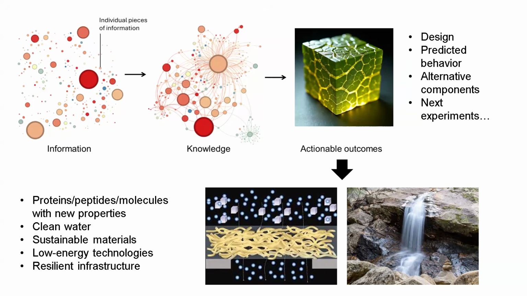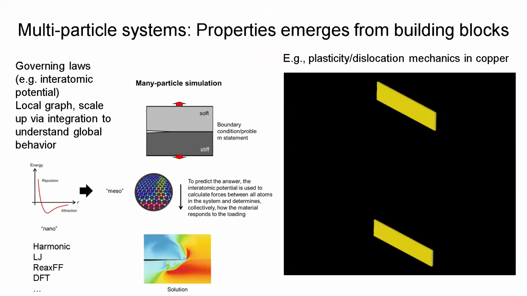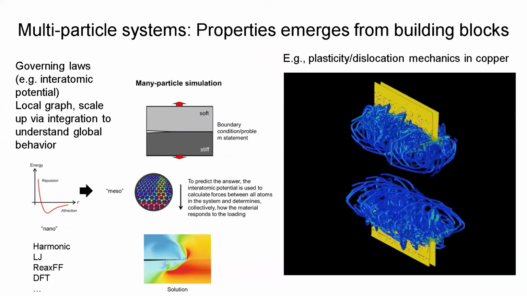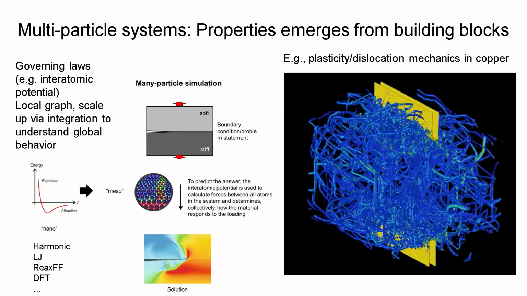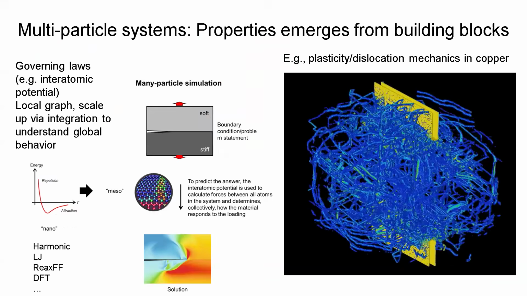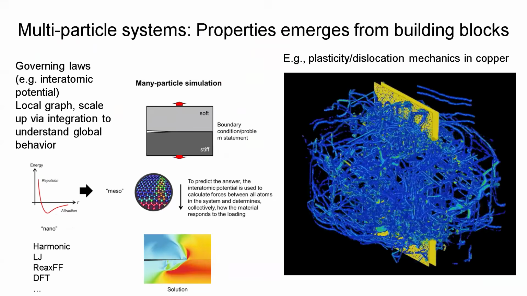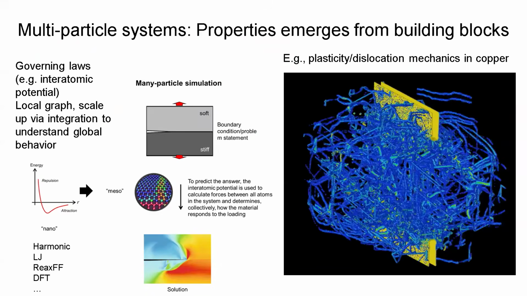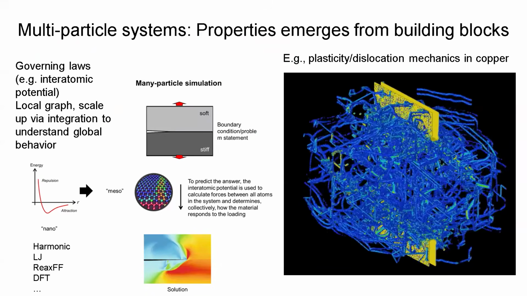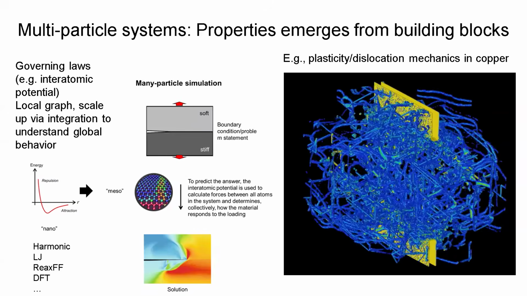So we're looking at material scales, even though a lot of the stuff I've talked about, of course, can be used for many other things as well. So now what is going on in this kind of modeling, and why is it different from how we've been doing things for many, really decades? And that's the following. This is a simulation of ductility or deformation in copper. This has nothing to do with proteins, actually, but the idea is that in order for you to solve this problem and see how a piece of copper deforms and breaks, ultimately,